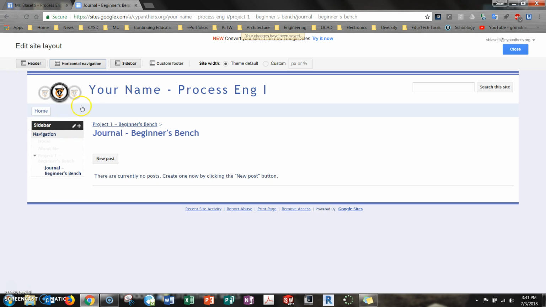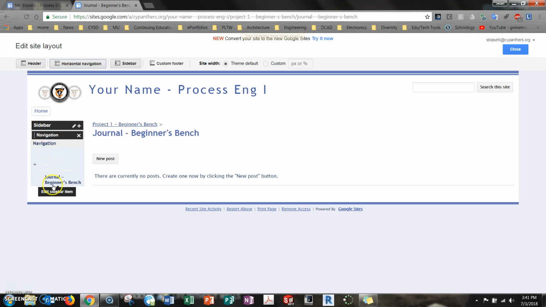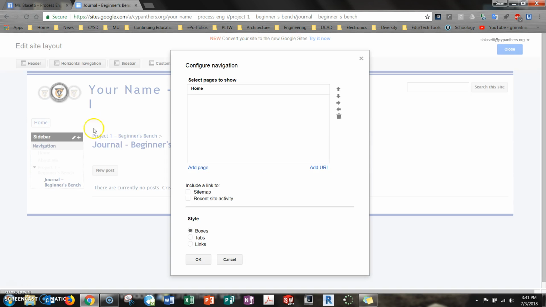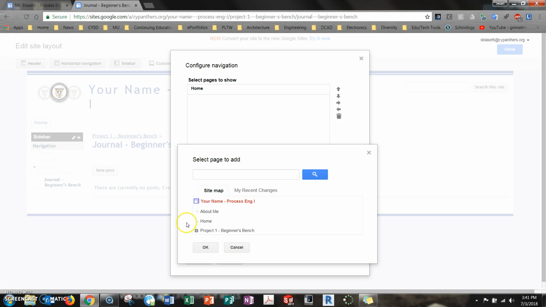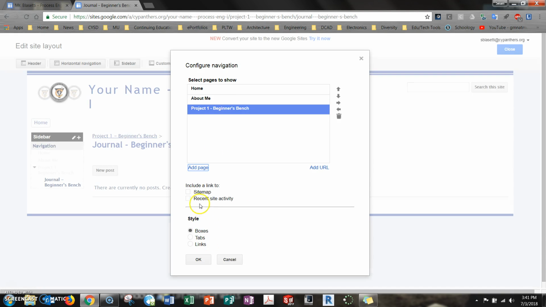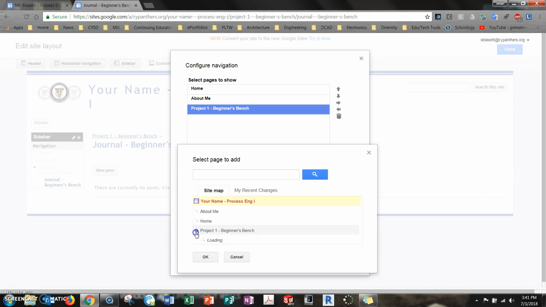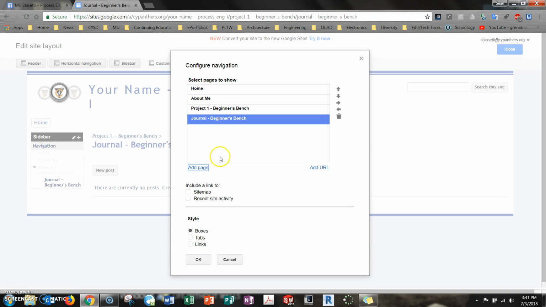So if you want tabs going across the top, you can do those instead of this on the left, or you can keep both. If you click in there, you'll notice right now it only had the home page, and so I can add any of the pages that I've created from the sitemap. So if I want to add the About Me, I can add that one. If I want to add the journal page, I can add that one. Now for the journal one, if I bump that over to the right underneath there and I click OK,